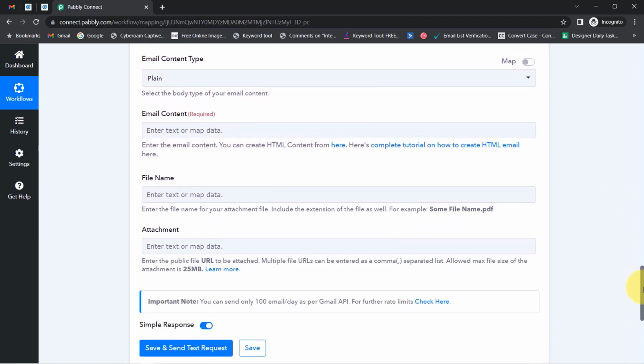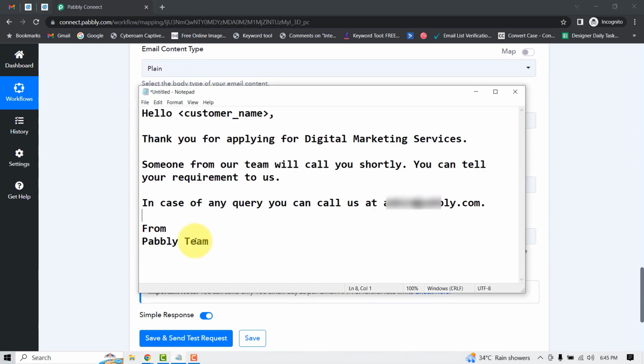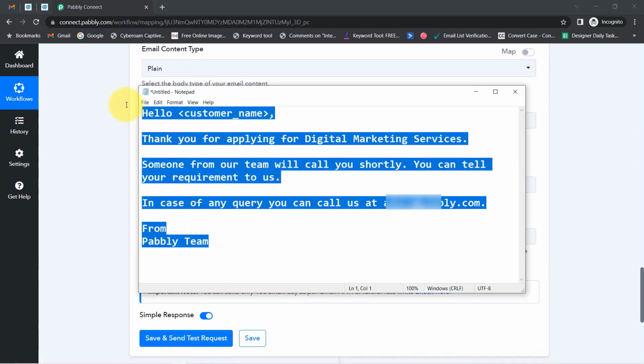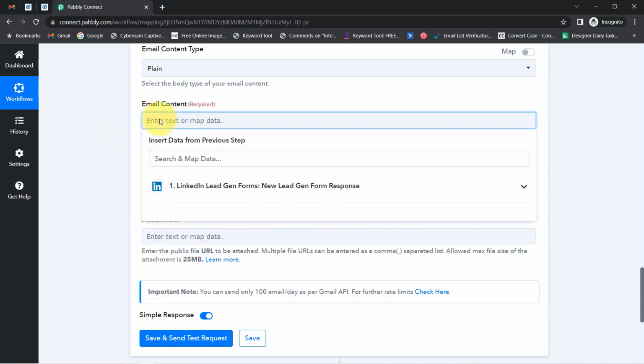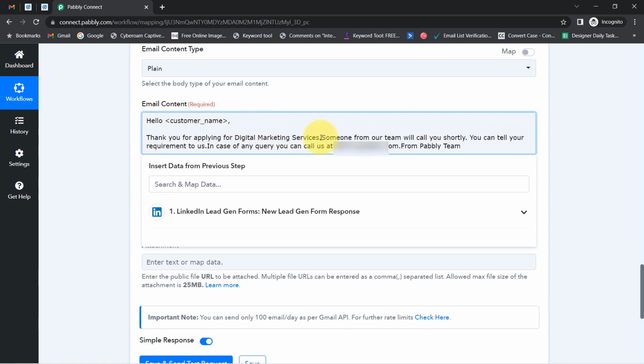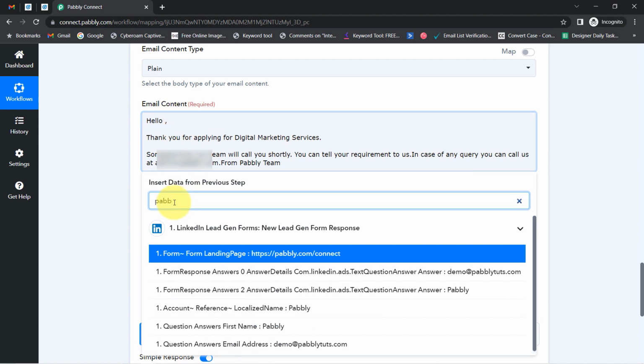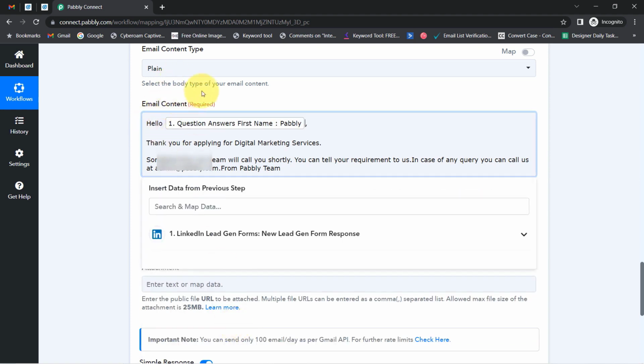Email content type will be the same, and in the email content I am going to compose my message. Well, I have already prepared a small email. How about I directly copy and paste it here, and firstly I am going to do the formatting of this particular email. So, hello, and I want the name of the customer to appear here automatically, whoever is submitting my LinkedIn lead generation form. So let me map the first name, that is Pabbly. Okay, hello Pabbly, or you can say hello customer name,